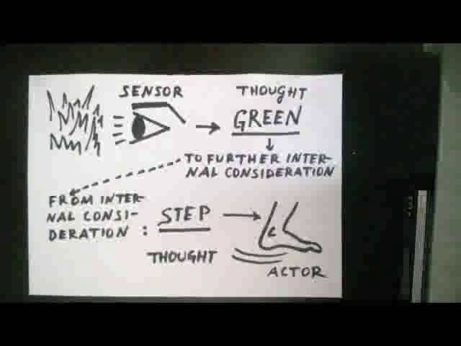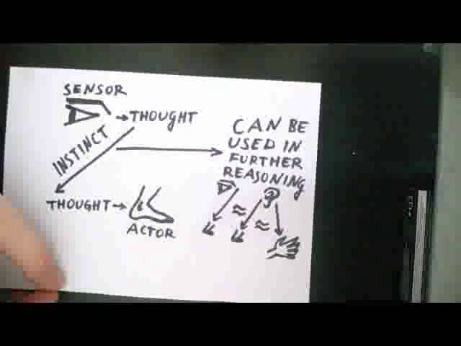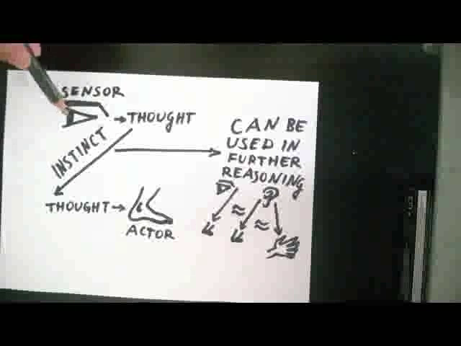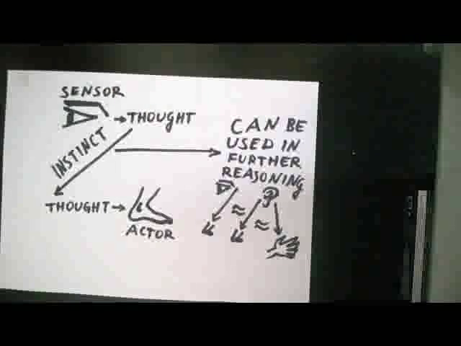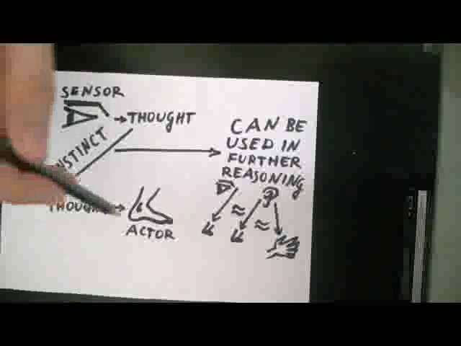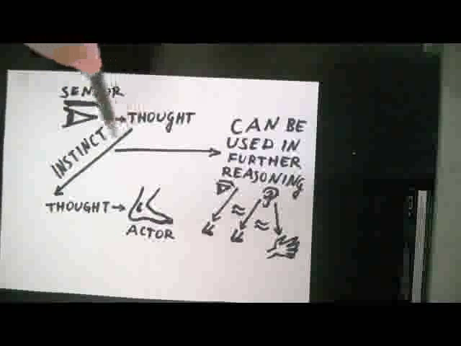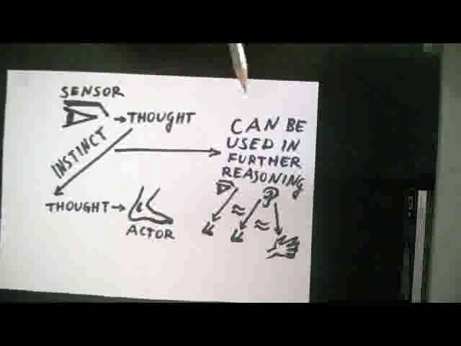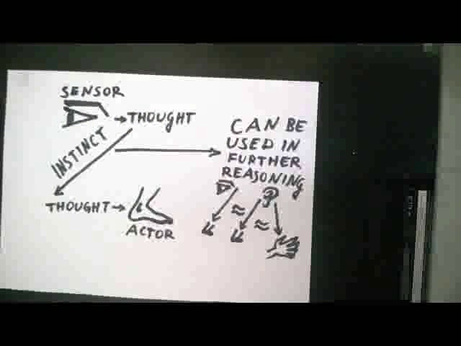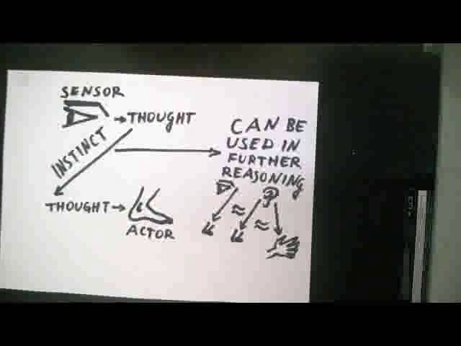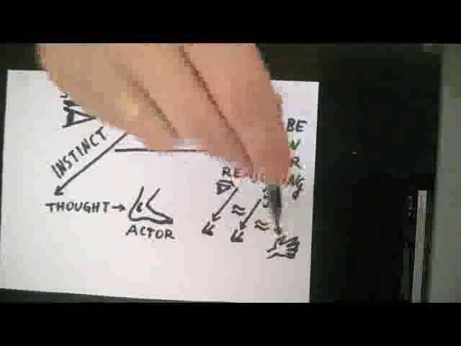Now, how can such a connection be established? I say by form of instincts. So, you're seeing something, it generates a thought, then that thought is somehow connected to output, and then you do something. This instinct, as I call it, can be used for further reasoning. For instance, you go somewhere because you see something, but you might also go somewhere because you hear it. And you might not only go there, but you might take it.